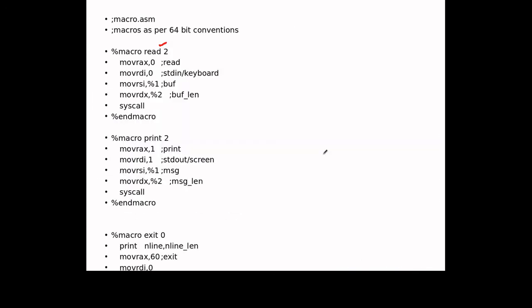Flags are nothing but 0, 1 or 2. 0 for only read, 1 for only write, and 2 for read and write. So we are setting that flag as 2, so that we can read and write in whichever file we are opening. Then RDX contains the file permissions that we have seen. Three groups we have to set as 777, and this O is octal. This number is octal, not hex, that's why we have written this O here. So we are setting all the permissions, read, write and execute, on the file which we are opening.